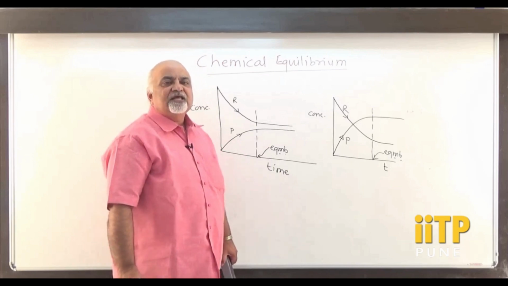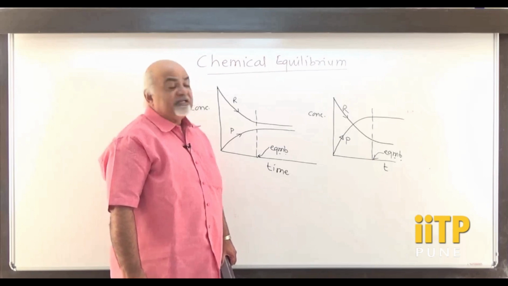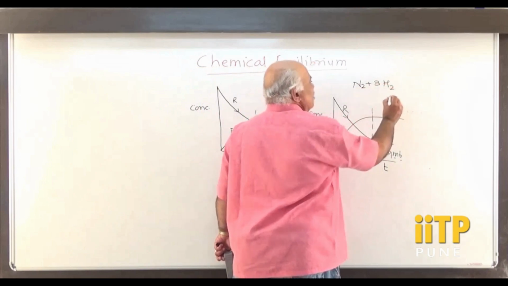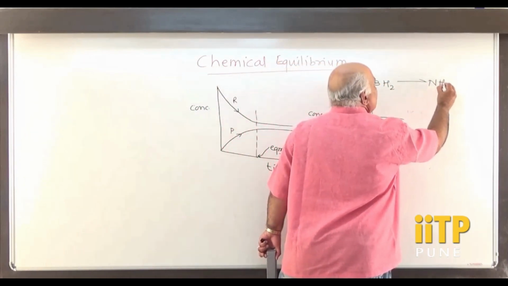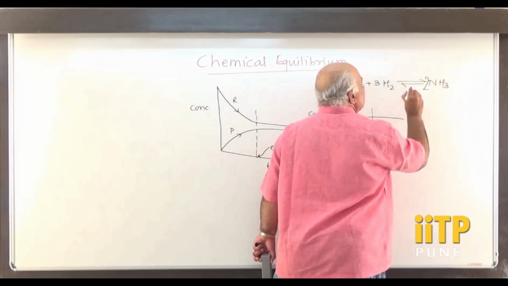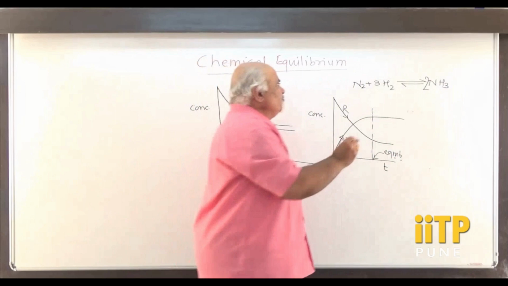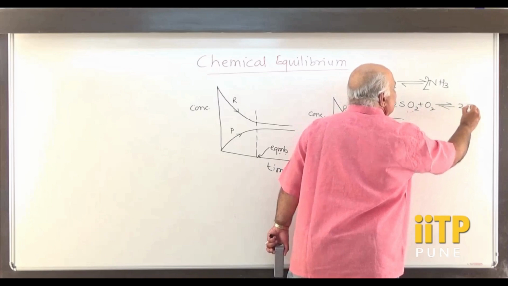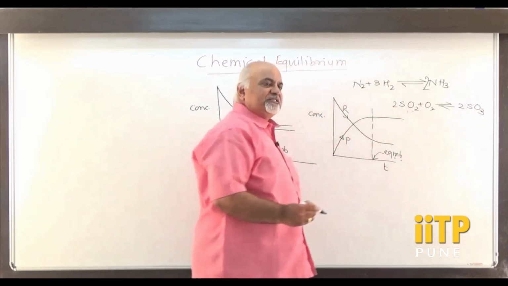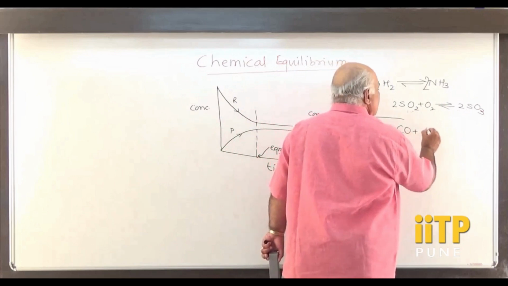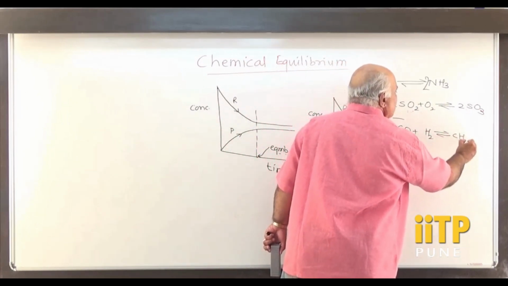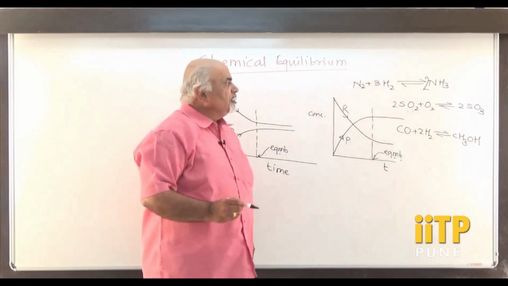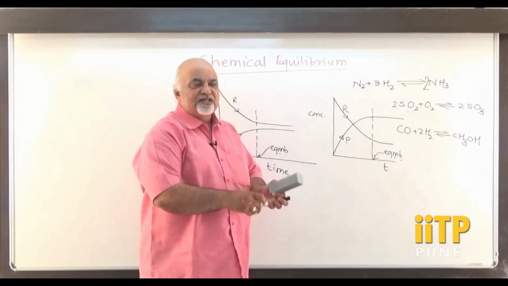We can't say that such a reaction we don't want reversible, we want irreversible, like this reaction. Nitrogen reacting with hydrogen showing ammonia, 2 moles, and the reaction is showing reversibility. Sulfur dioxide will react with oxygen, making reversibility, and the product is sulfur trioxide. Carbon monoxide and hydrogen making methanol, 2 hydrogen moles, showing reversibility. So reversibility is unavoidable for such reactions.